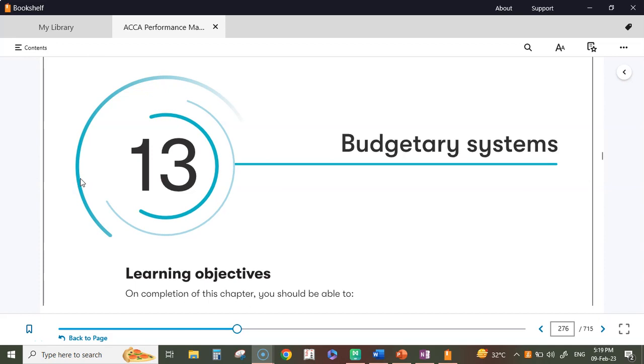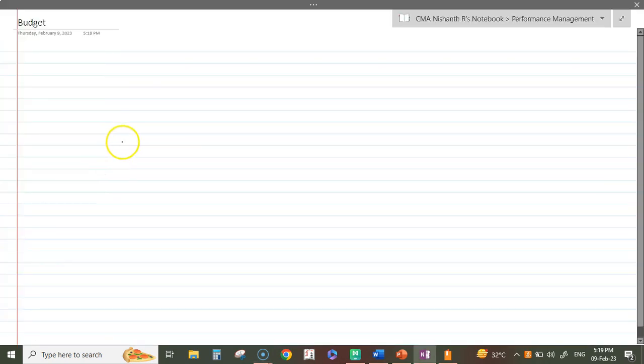What do you understand by the term budget? A budget is a statement that we prepare wherein we set out the targets we are planning to achieve.